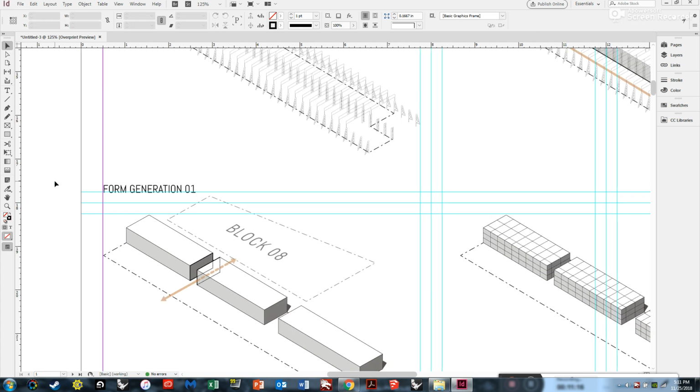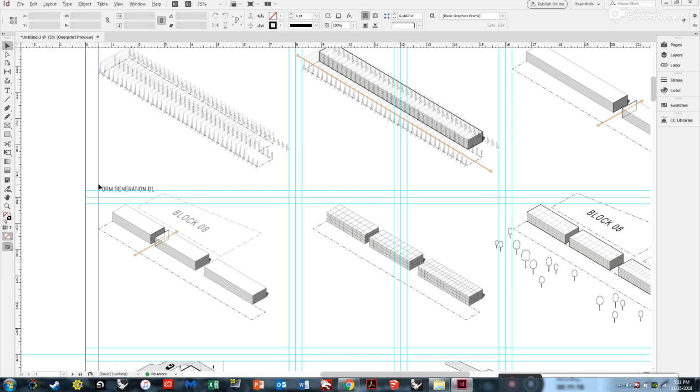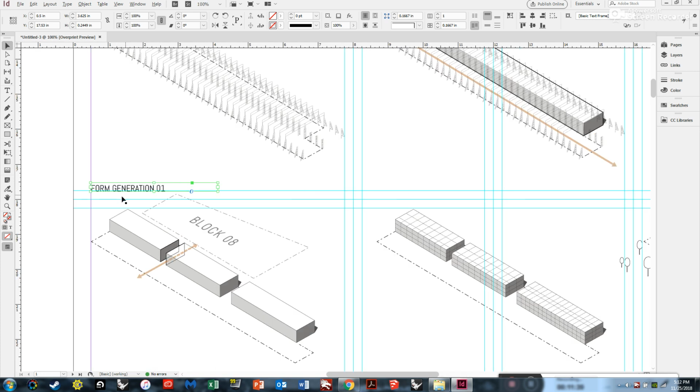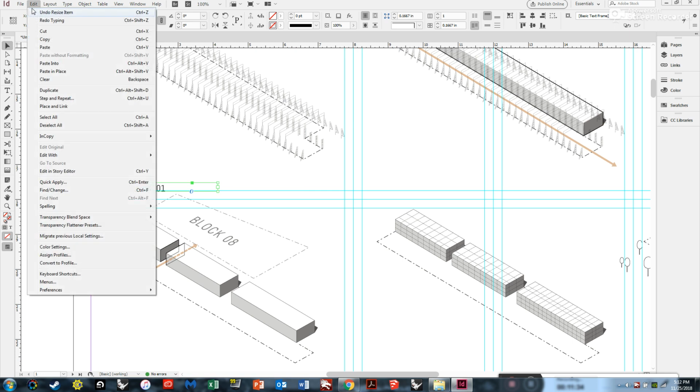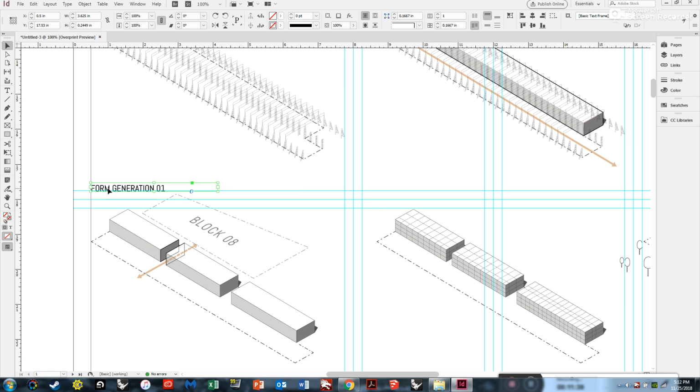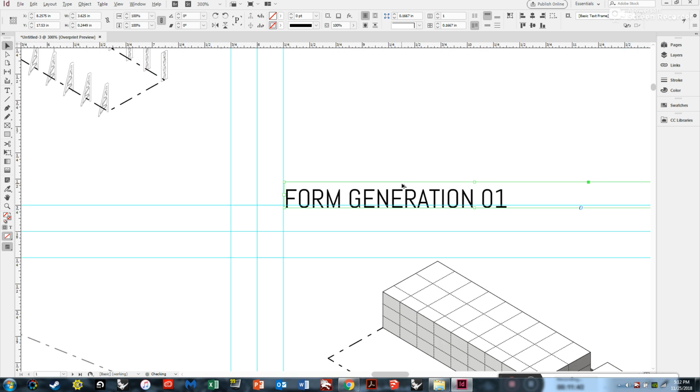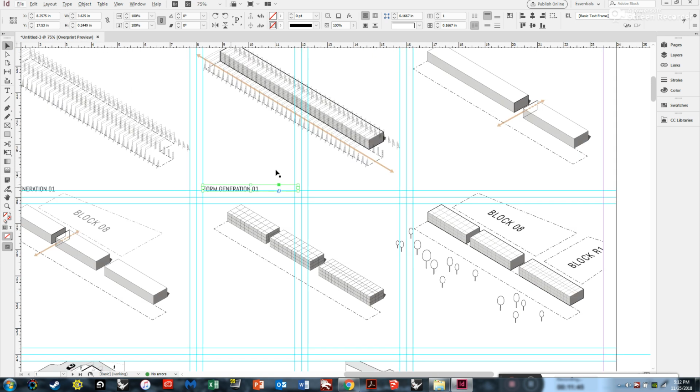But at any rate, so I've typed this out, and I want all of these subtitles to be the same. So I could make another type box and then reset the font size and change the font again, but what's probably easier is that I just copy and paste this. So I'm just going to do copy, and then I'm going to paste in place again, paste in place, and then I'm just going to drag and hold shift and move this guy over to the next guideline, and then